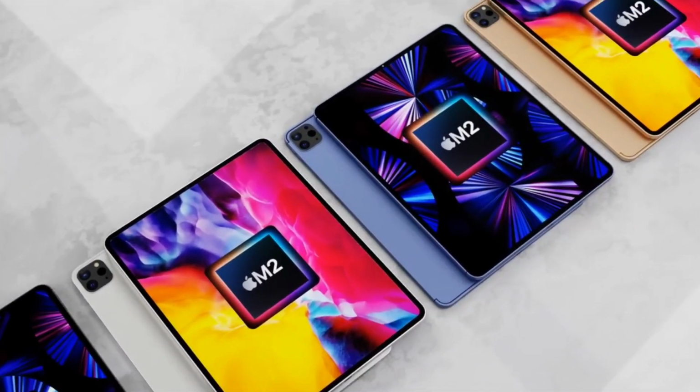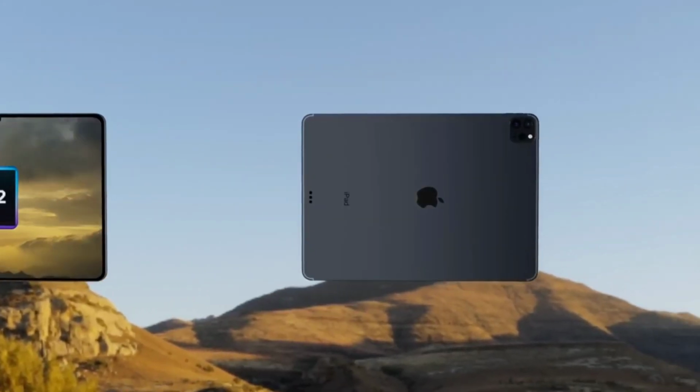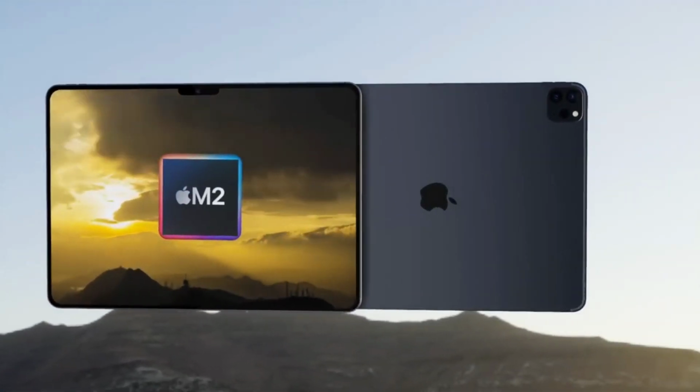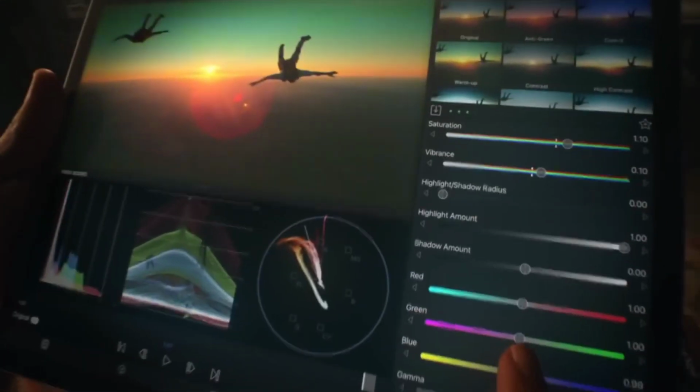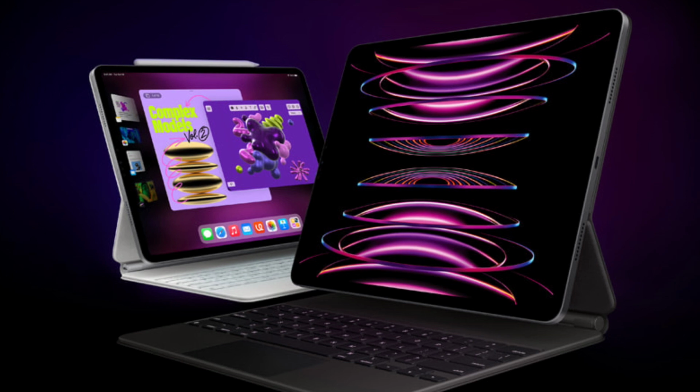The M2 chip is nice, but other than that the new 12.9-inch iPad Pro is the same as the last generation. Apple's 6th generation iPad Pro is a simple affair. It's almost entirely the same as last year's iPad Pro, with one key difference. Apple's new M2 processor. It's powerful and great to use as a tablet, but it's still far from becoming a